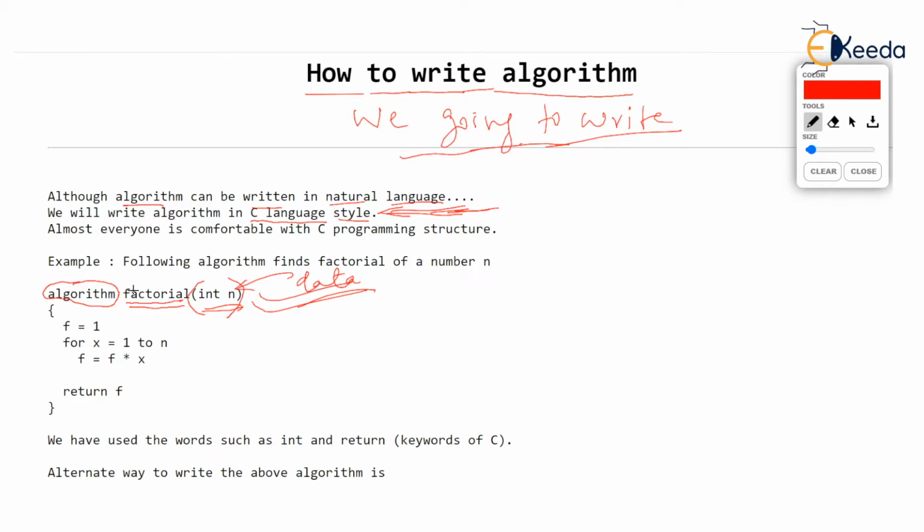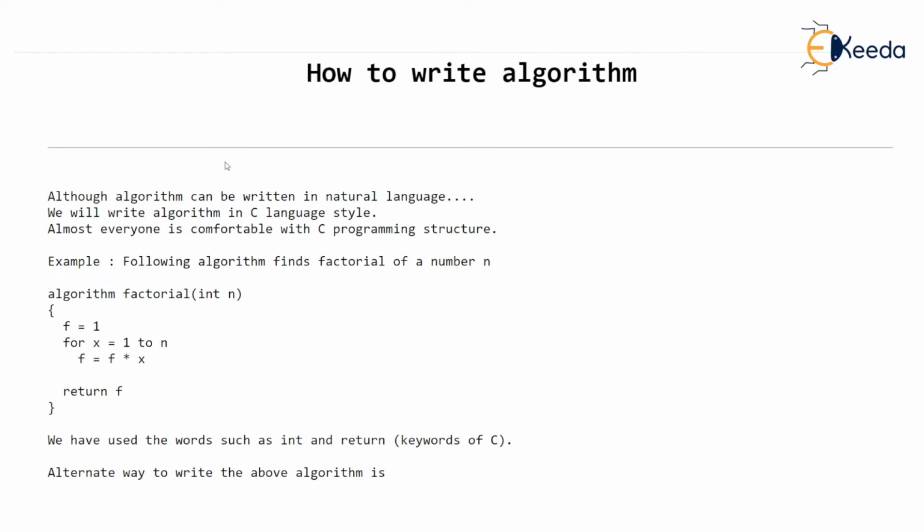Mostly in programming languages, this int n written in the bracket becomes a parameter, isn't it? And this entire line becomes int factorial, int n. So this can be thought of as a parameter to the algorithm on which the problem is getting solved. Next, I am not explaining how to find the factorial of a number, as everybody knows that, but inside this factorial function we will declare a variable f which will store the factorial.